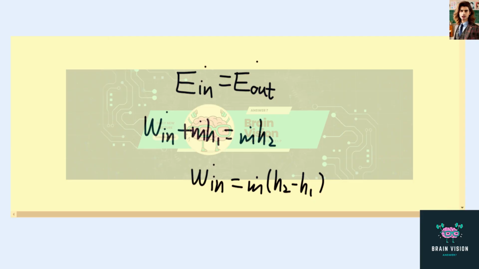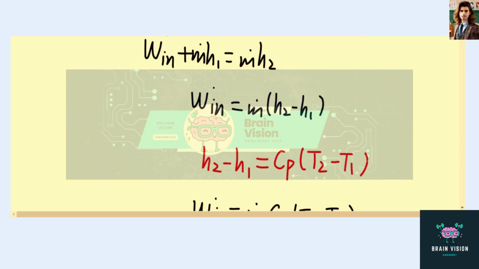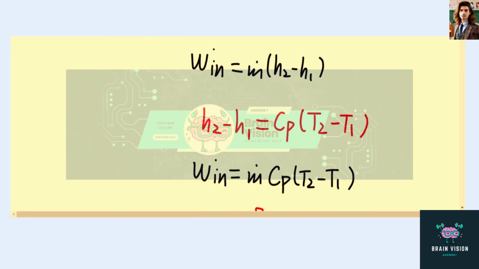If we do some arrangement here, we have W dot in is equal to M dot times H2 minus H1. So H2 minus H1 can be equal to Cp times T2 minus T1. Cp is the specific heat of the air at constant pressure, and we know T2 is the final temperature, T1 is the initial temperature. Okay, and if we plug back into the equation, we have W dot in is equal to M dot times Cp